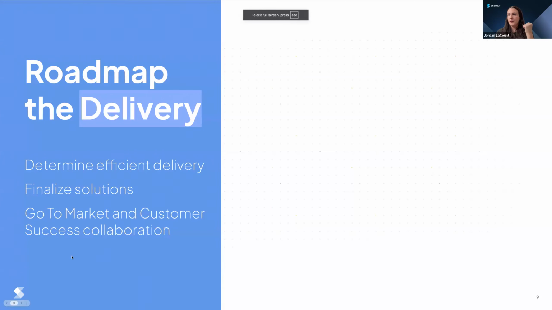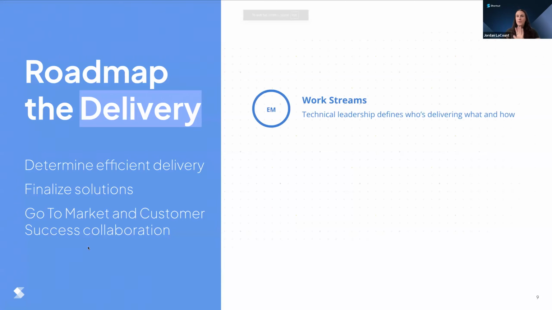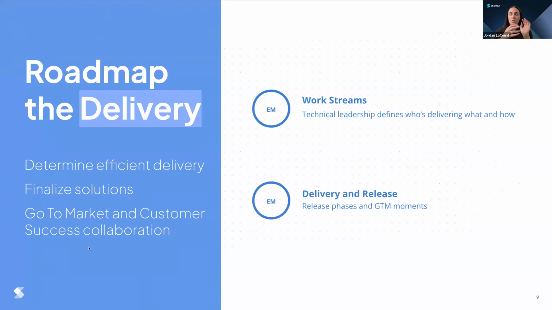All right, on to delivery. This is how you're going to chart your course through development into delivery to your users. Something that you'll notice here is that we found that we work best when our EMs or our development teams are driving and accountable for this part of the loop. This doesn't mean that product or design, CX, go-to-market aren't involved or responsible in any way. They're definitely involved for working with the engineers, answering questions about scope along the way,